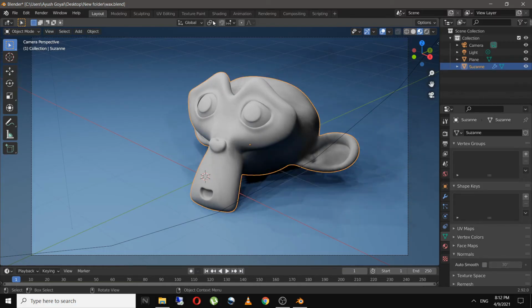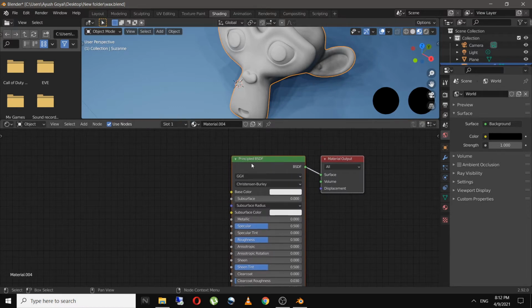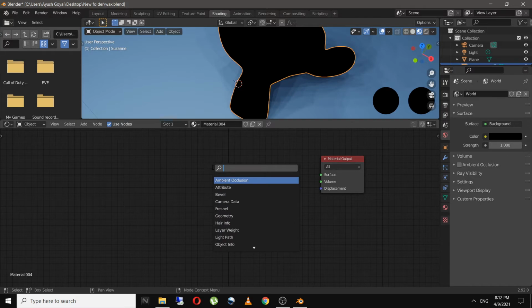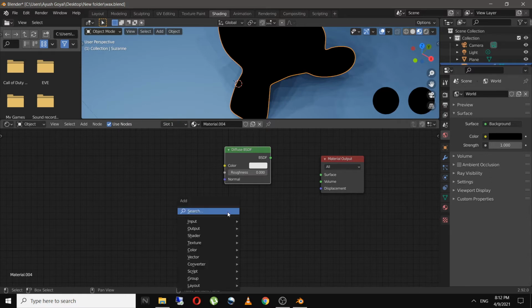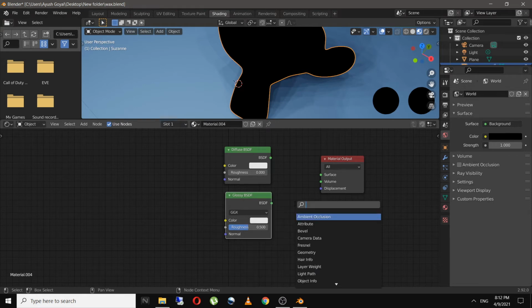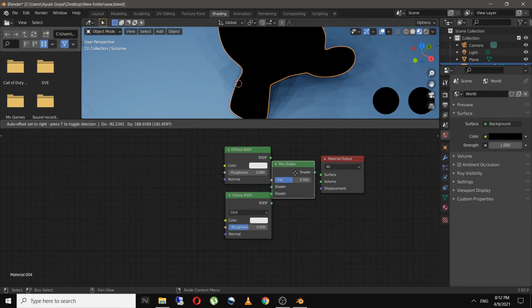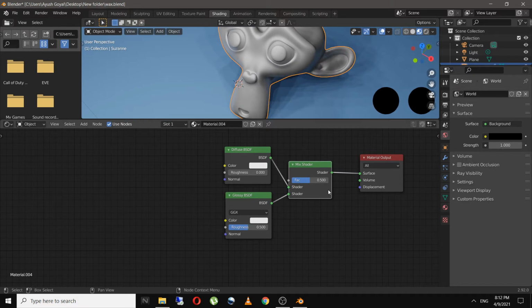For the wax, we will add in the diffuse shader. The diffuse shader will give that diffused kind of color, and it's different from the normal base color which we generally use. And also I will add in a glossy shader, and with the help of a mix shader, I will combine both and add it to the material output. Just like this. And I will decrease the factor to 0.25. So this looks better now.